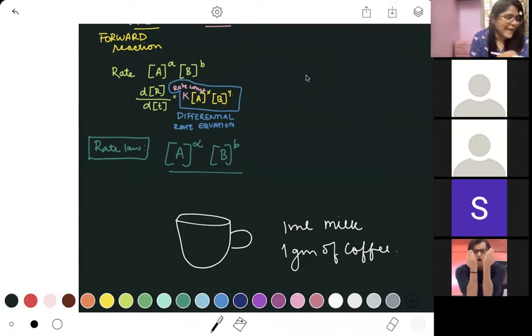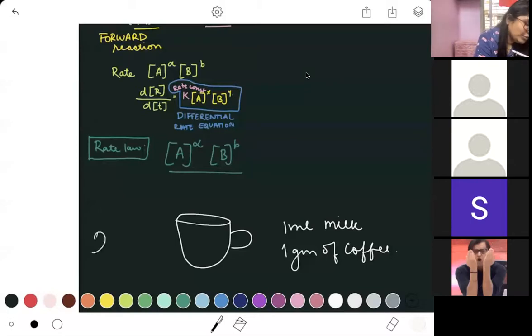In order to do that, what we use is something called the rate law. What does the rate law say? Rate law says that in order to write down a perfectly balanced equation, I need to know two things. I need to know the molar concentration of my reactants, and along with the molar concentration of the reactants, I need to know that this molar concentration of the reactants is written as the stoichiometric coefficients of those molar concentrations,